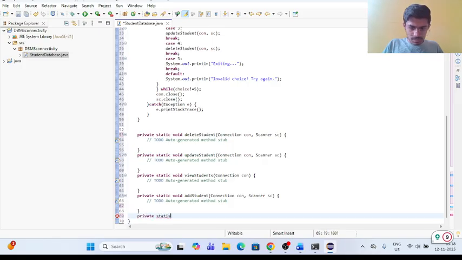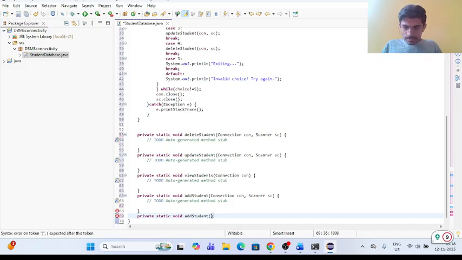Private static void addStudent. This addStudent function we have created. We're going to give Connection con, comma, Scanner sc, right? It will throw